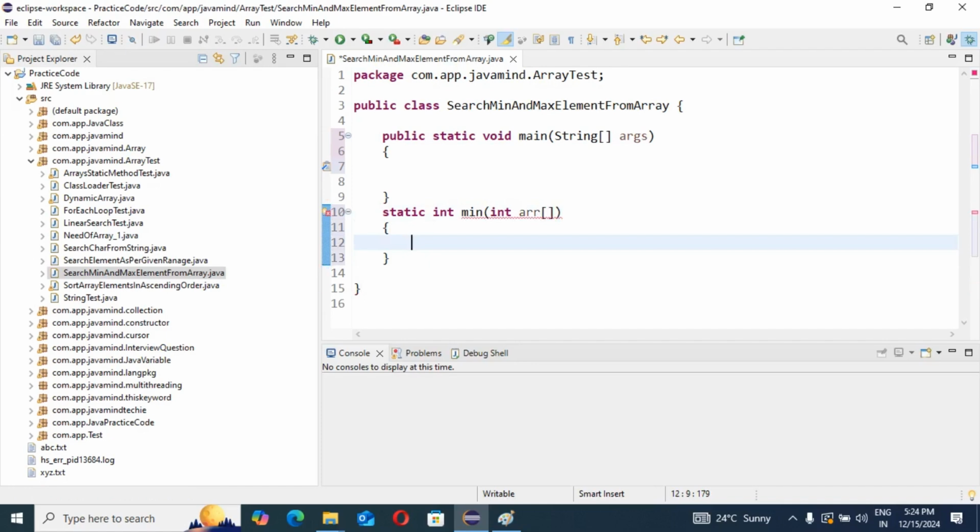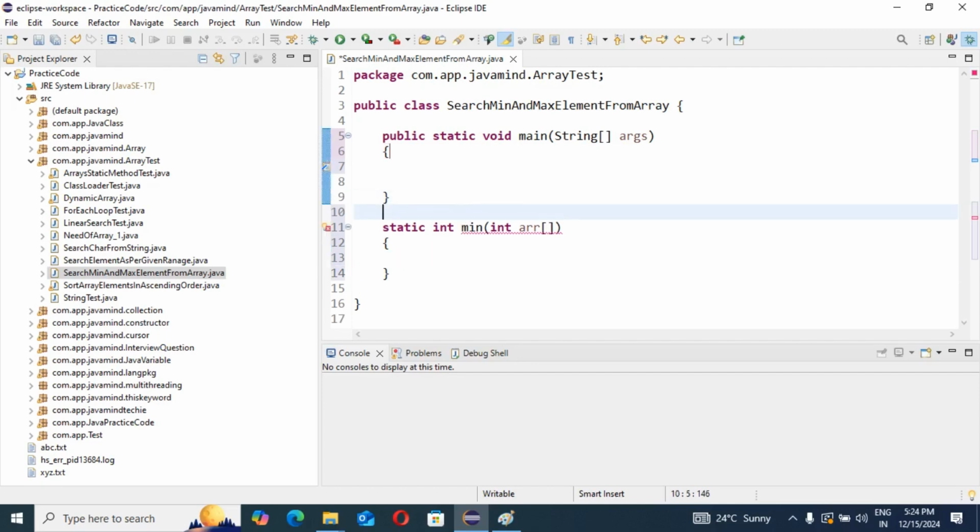Great guys. So see, one thing I will write here: assume array.length not equal to 0, and return minimum value from array.